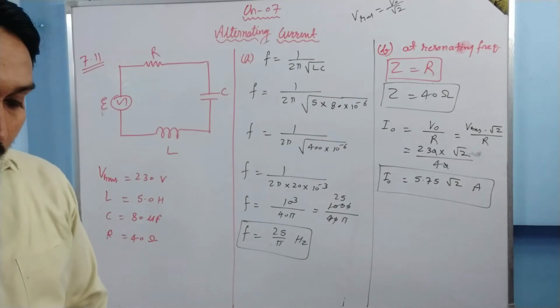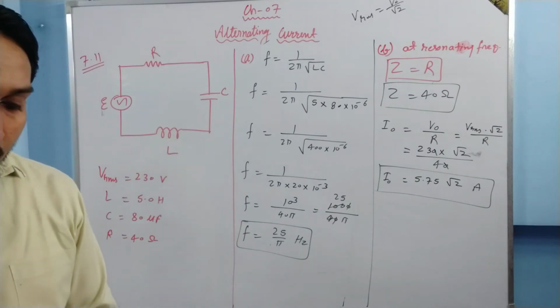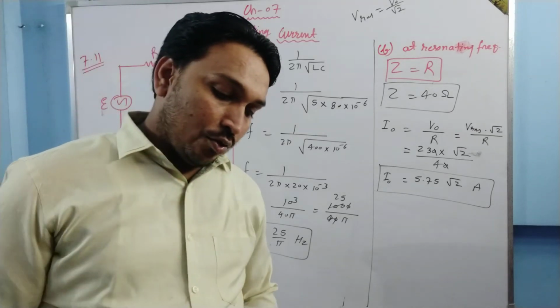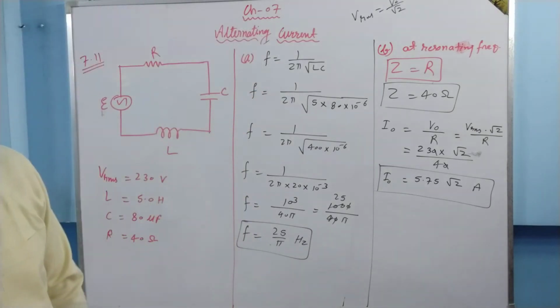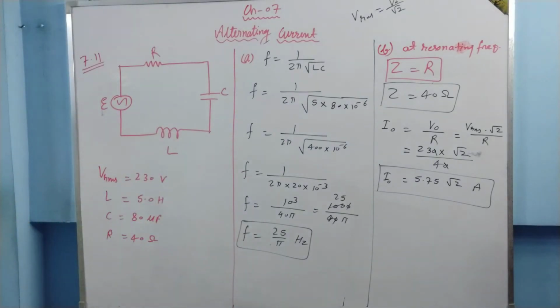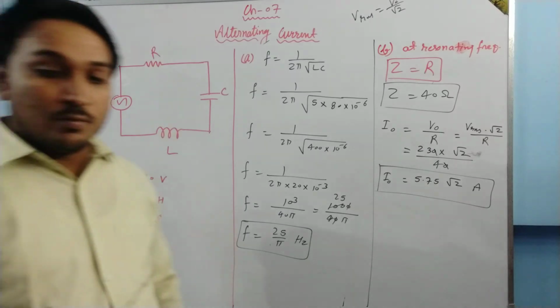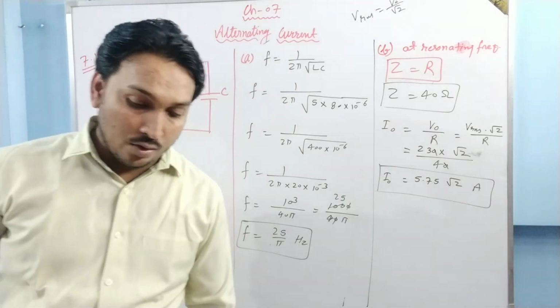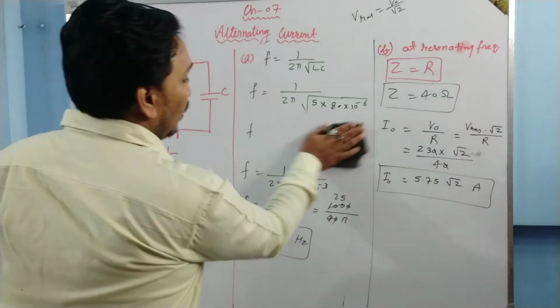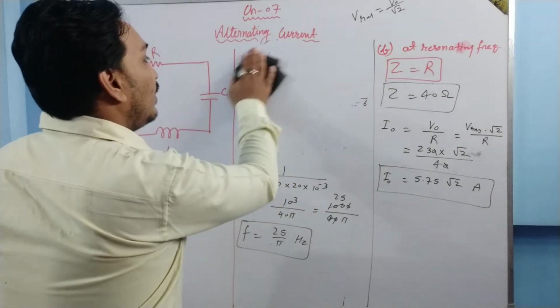Right? The next thing is determine the RMS potential drop across the three elements of the circuit. Show that the potential drop across the LC combination is 0 at the resonating frequency. Now we have to calculate the potential drop across L as well as across R. For calculating potential drop, we must need XL and XC.